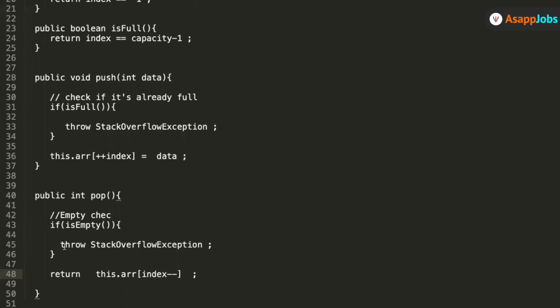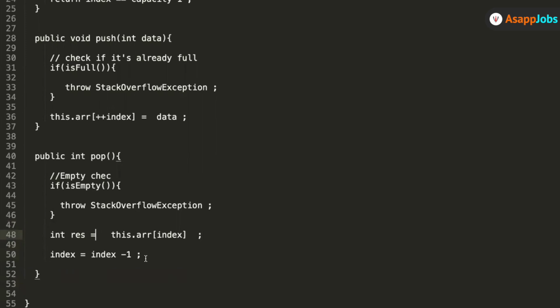If somebody is having any confusion, they can just play a safer role. They can just do this, and after this, index is decremented by -1, and this they can store in some value, result, and then finally they can return result. This is exactly the same as what we did in a single line of code. But if someone is having a confusion in that, they can definitely do it this way. But I think a better way is this one. Simply do return.